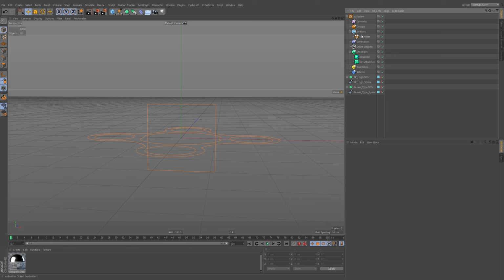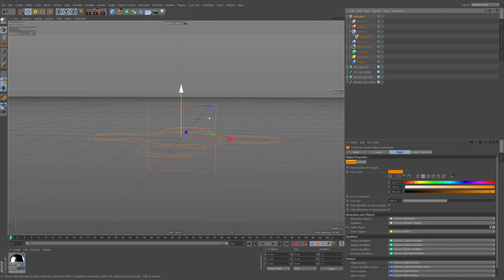Nice and straightforward. So let's strip this back and let's just add a fresh system from the beginning. And we're going to start working on a way to build our logo up from nothing. So I'm going to reveal a few different ways to do it. So first of all, let's add a system like we had there. And let's set this system up. So when you add a system to a scene,